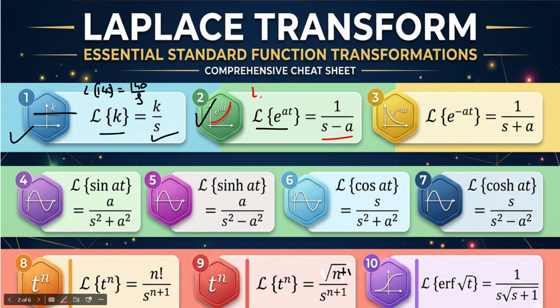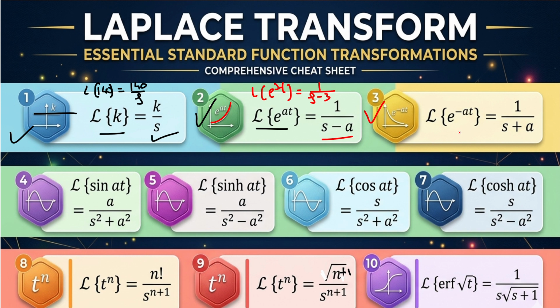For example, suppose I have to find Laplace of e raised to 3t. So the Laplace of e raised to 3t will be 1 over s minus 3. You have to just replace a by 3. So e raised to at is equal to 1 over s minus a, and e raised to minus at,